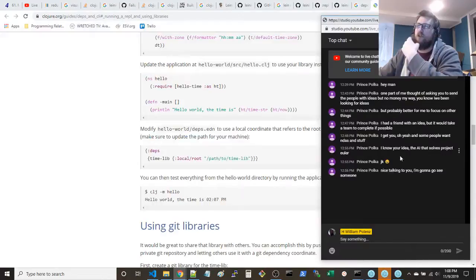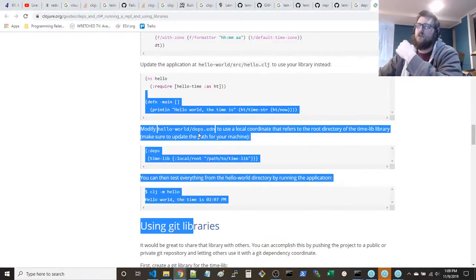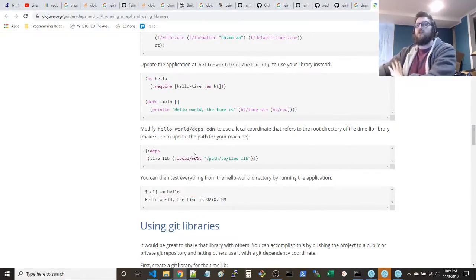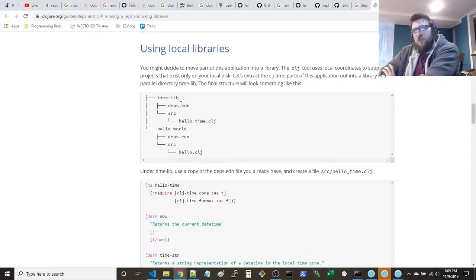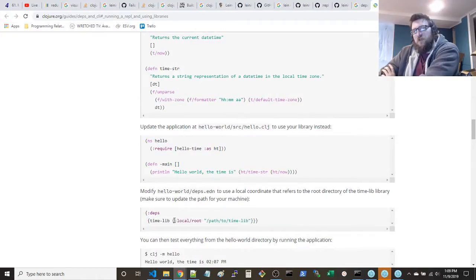So when you compile, you can specify where the other libraries are. So you have this dependencies in your EDN dependencies, and you've got this time library dependency, timelib, and then you say where it is, which is the local root path to the time library.